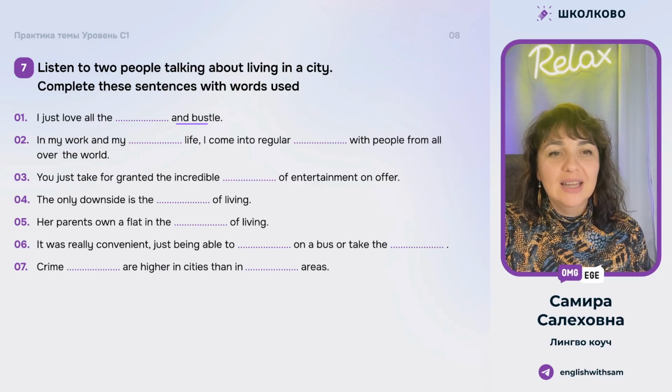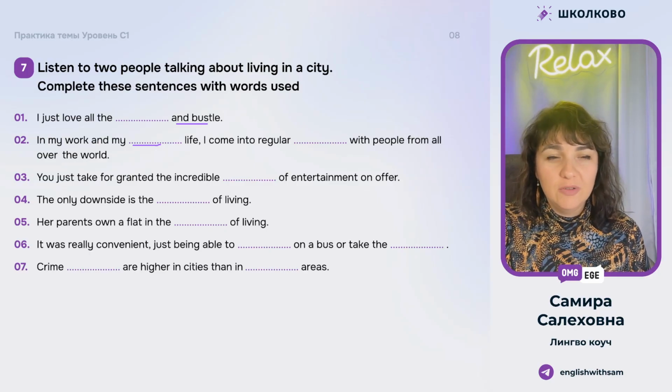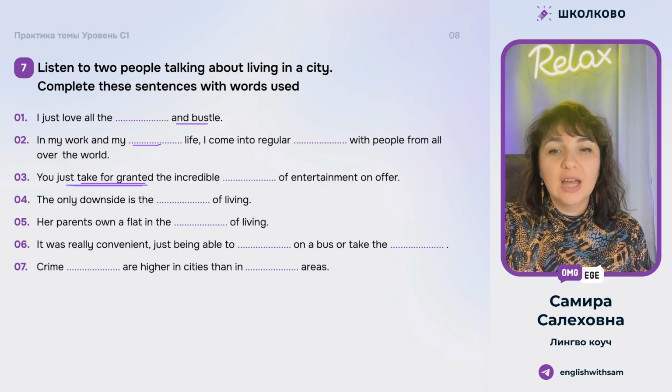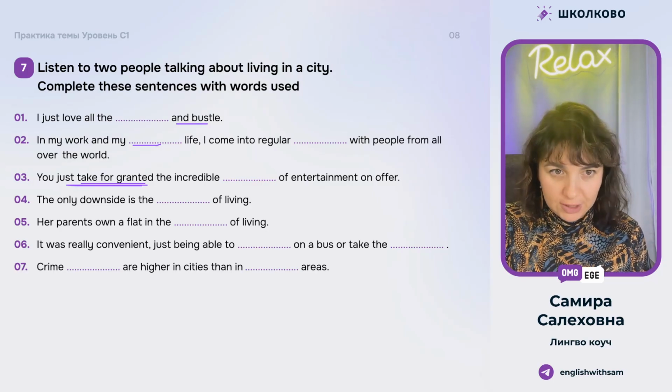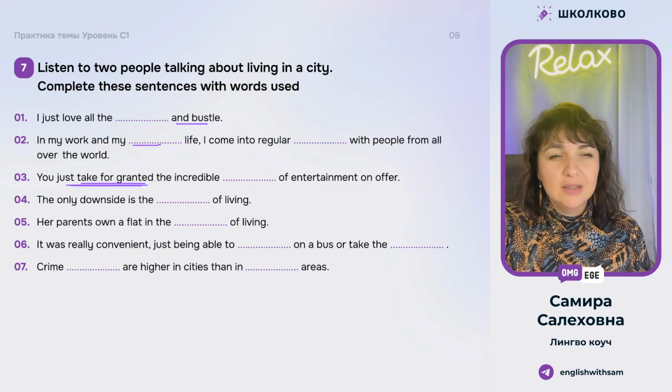In my work and my life, I come into regular contact with people from all over the world. You just take for granted. Oh, I like this one. Take for granted. Принимать как должное. The incredible range of entertainment on offer. The only downside is like drawback, it's like minus,